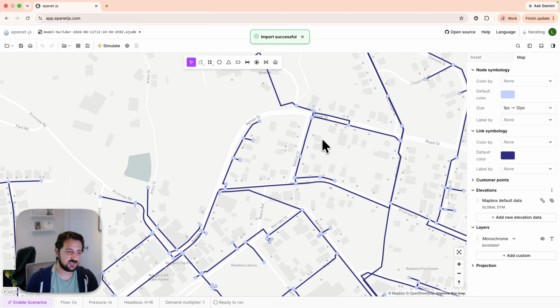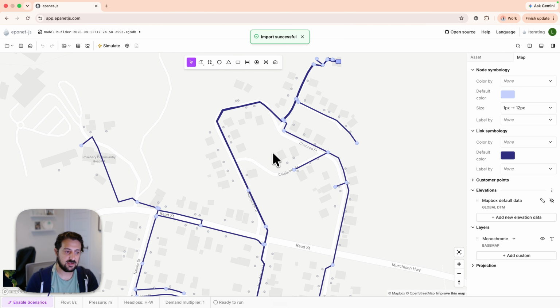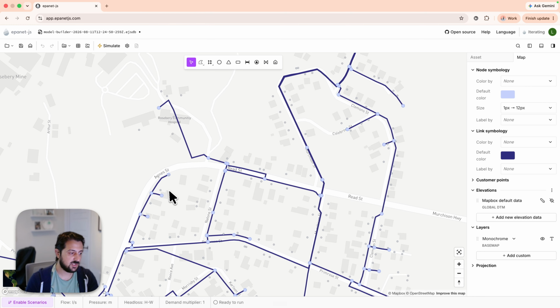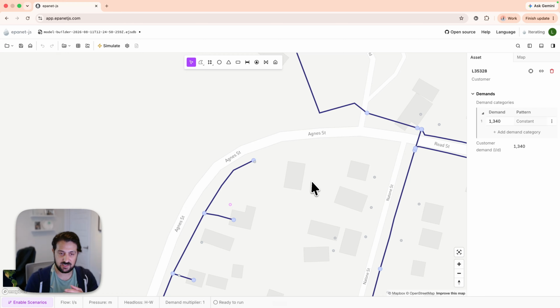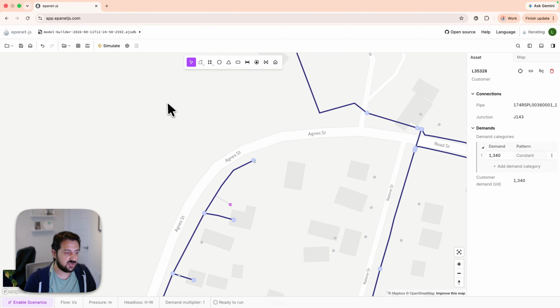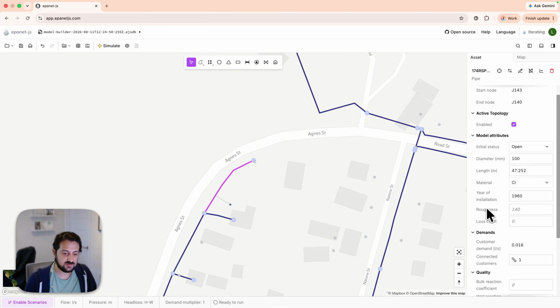And here we can zoom in, we can see all the customers are in the network. However, they are not connected yet. The way that this works is you can select individual customers and connect them. And we'll show you how this works. So here you can pick the pipe that it is connected to, and it will find the closest point within the pipe. Or if you hold shift, you can select the location. Say, for example, we allocate the customer to this pipe, and we select the pipe. We can now see the demand has been applied onto this pipe, and we can see the customer, and it will show what that customer connection is.